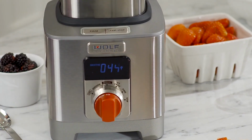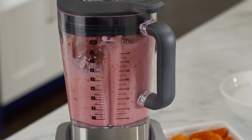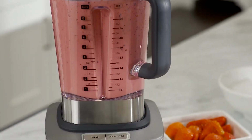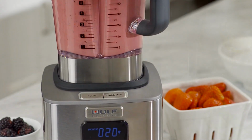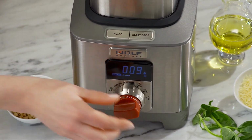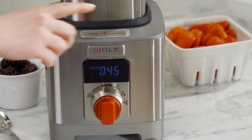Enter the realm of professional-grade blending with the Wolf Gourmet Pro Performance Blender. Crafted with precision and powered by a robust 2.4 peak horsepower motor, this blender is designed to tackle the toughest ingredients with ease. The ultra-sharp stainless steel blades effortlessly pulverize everything from ice to nuts, producing silky, smooth textures every